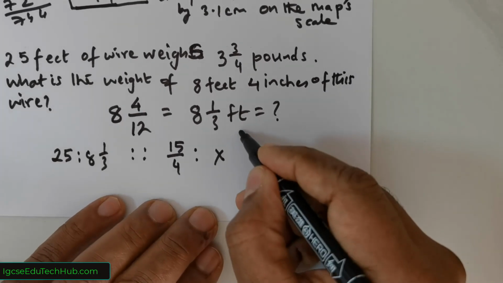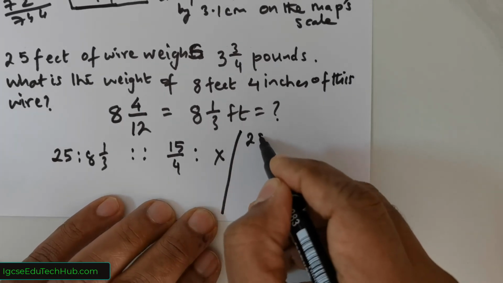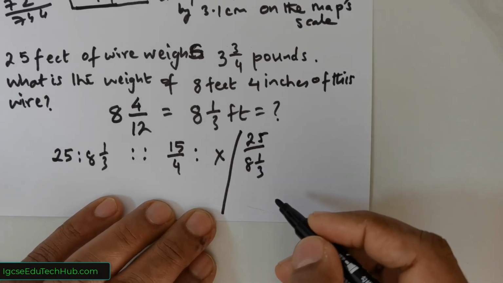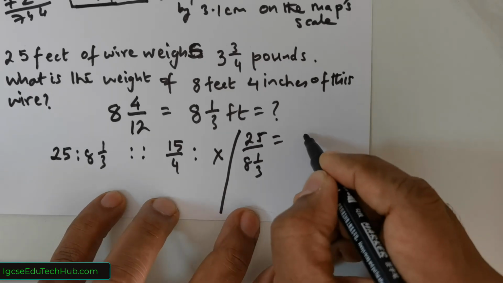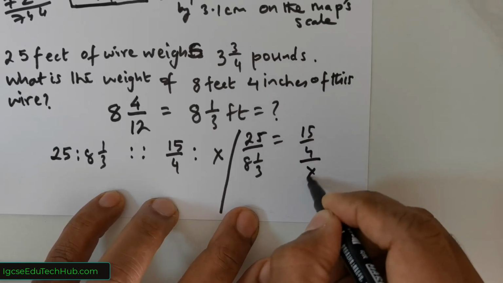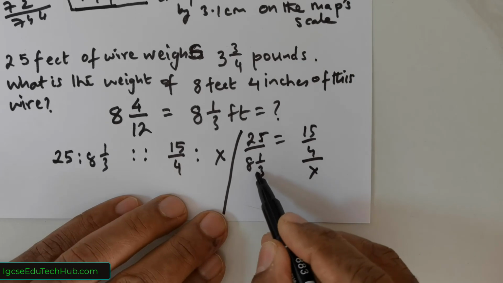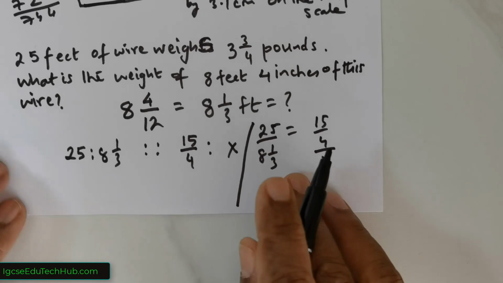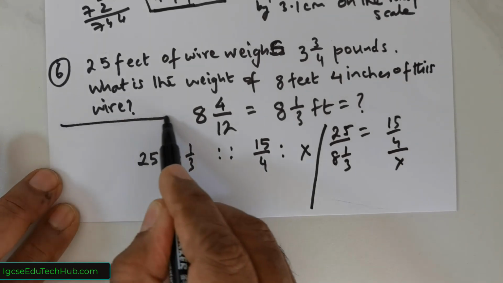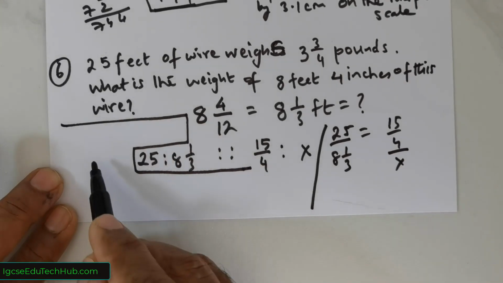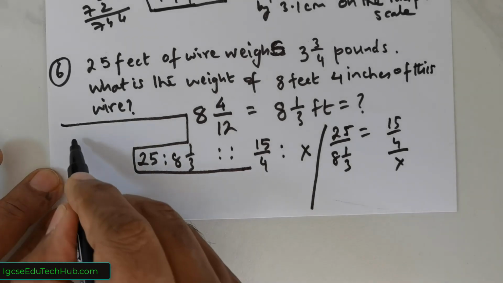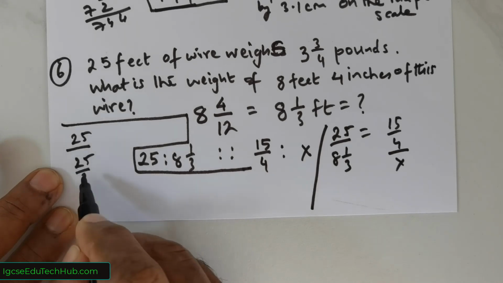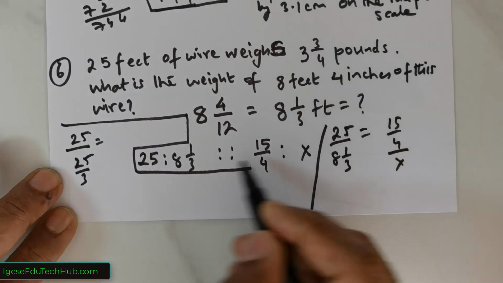Now I'm going to rewrite this as 25 divided by 8 and 1 over 3, equated to 15 over 4 divided by x. Now 8 and 1 over 3 can be rewritten as 25 over 3. So I'm going to rewrite this in the following fashion: 25 divided by 25 over 3 is equal to 15 over 4